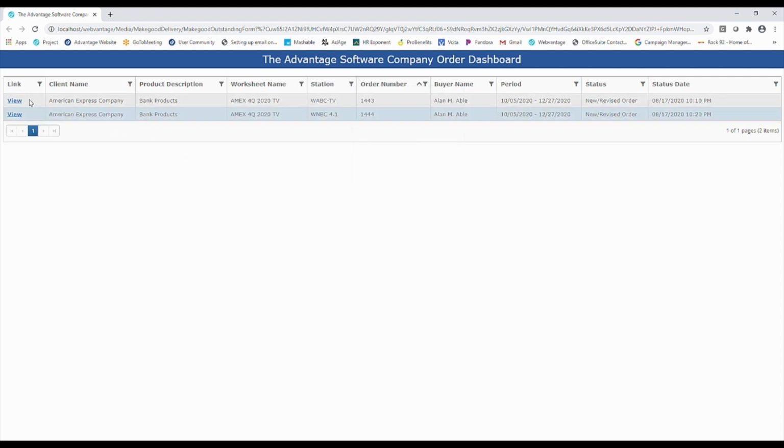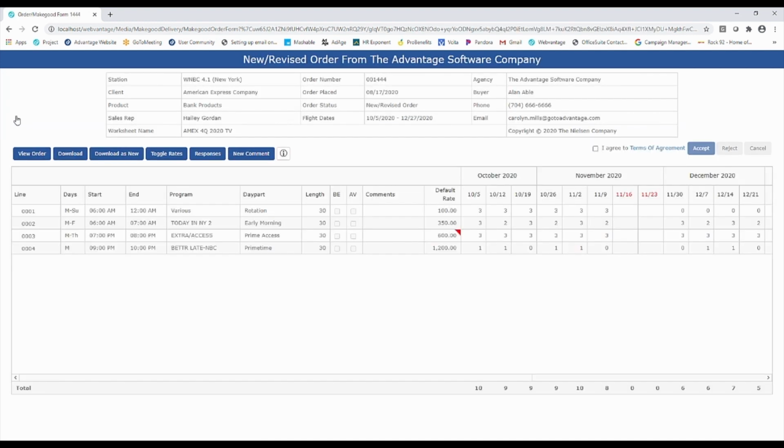Within this dashboard, your orders are going to show information on this line about the client, the product, the worksheet name, which is relative to the worksheet your buyer uses in Advantage, the station, the order number, the buyer name, the flight dates of the order, and the status, as well as the status date. You'll click this link to be able to take actions against that specific order. So if we click View, the actual order detail will open up, and in the header, you'll see information about the station, again, the client, product,